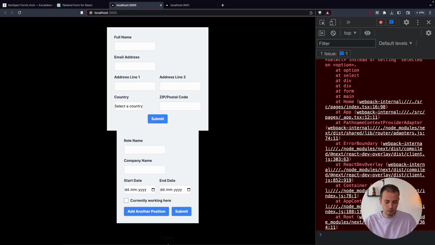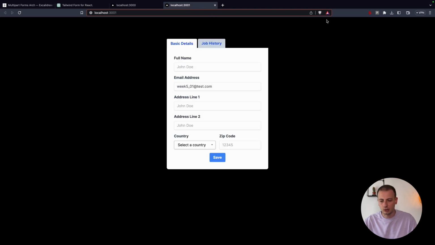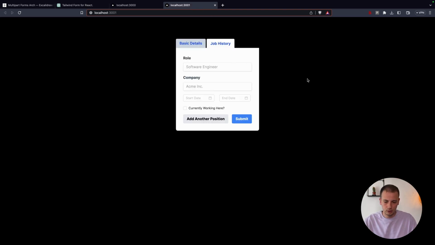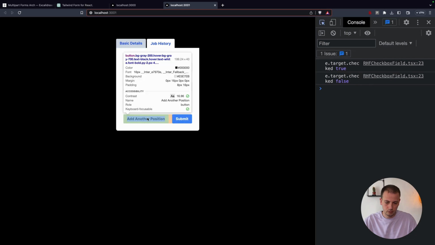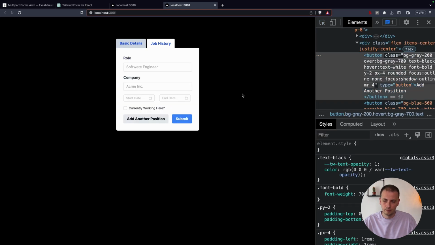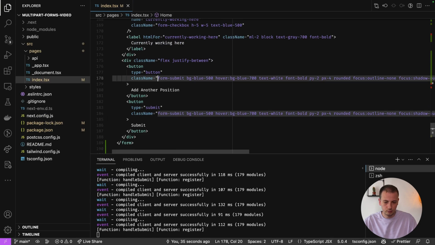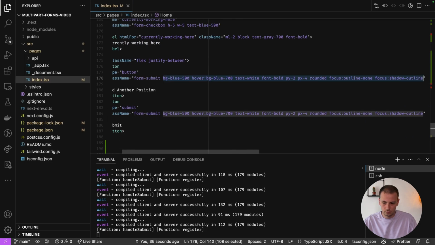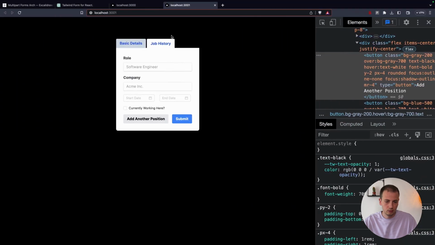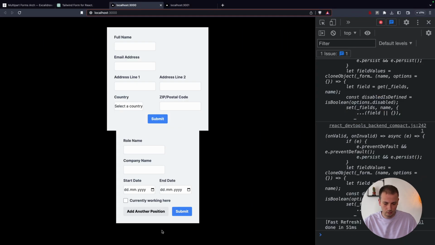Add another position. I'm gonna cheat a little bit because I don't want to spend any more time configuring this, so I'll just copy over this whole CSS utility class string and add it for the add another position button. So I'll do something like that. Let's see if it worked. Yeah. Okay. Cool. Now with that out of the way, it is time to actually talk about how we're